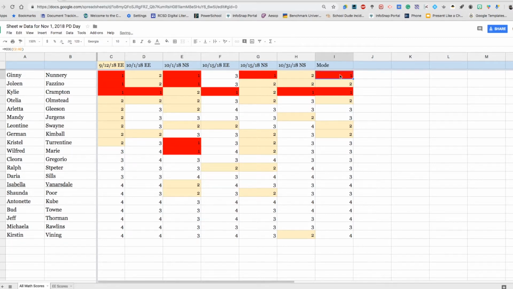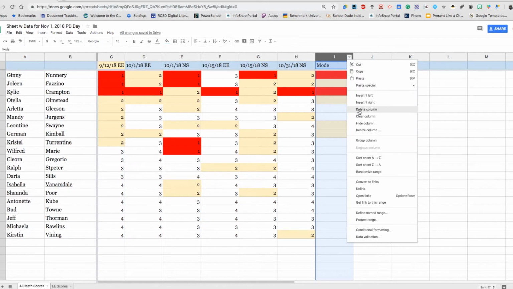Now what I just did here is once again, I went to my formula bar and changed the formula. You can average, sum, like I said, you have all sorts of different options there. You can subtract, multiply, divide. So next thing I'm going to do is delete this for right now. And once again, I can right click or click on the down arrow. And so if I delete that column,